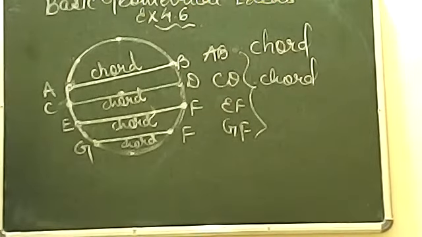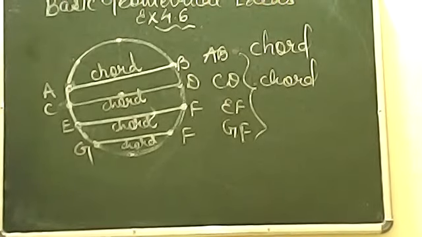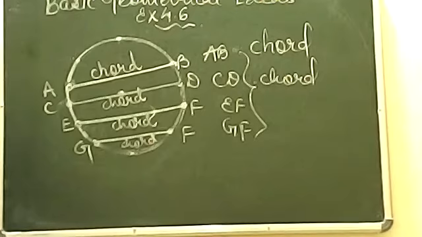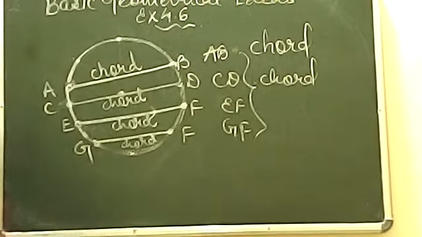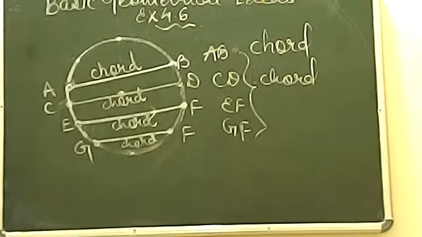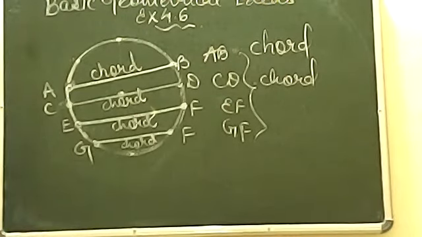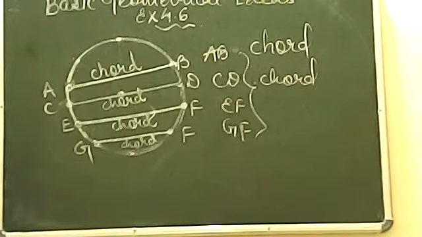Chord means when you have 2 points on the circumference and when you join them, the line segment is known as chord. Now remember, इनमें से ऐसी कौन सी chord है बेटा जो सेंटर से होके जा रही है? Can you please tell me? Can you please name it to me in chat box? Which chord is passing through the center? Wow, wonderful student, absolutely right.